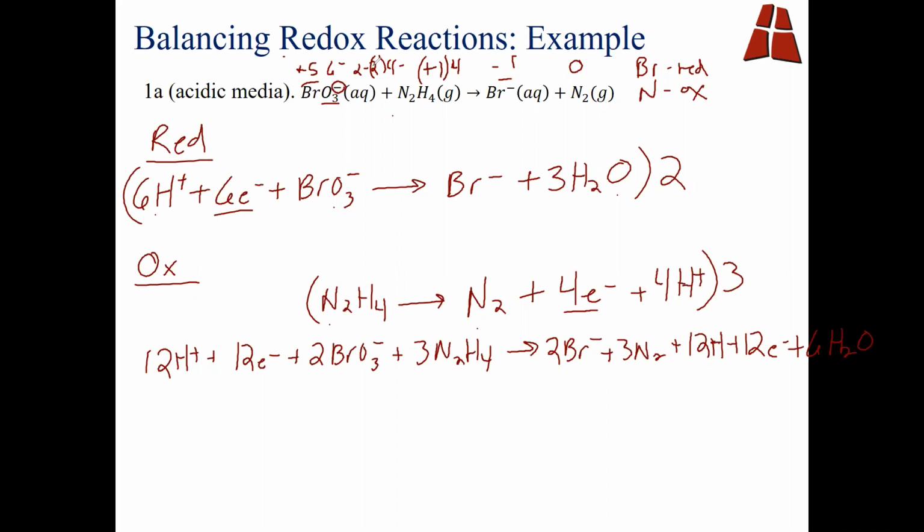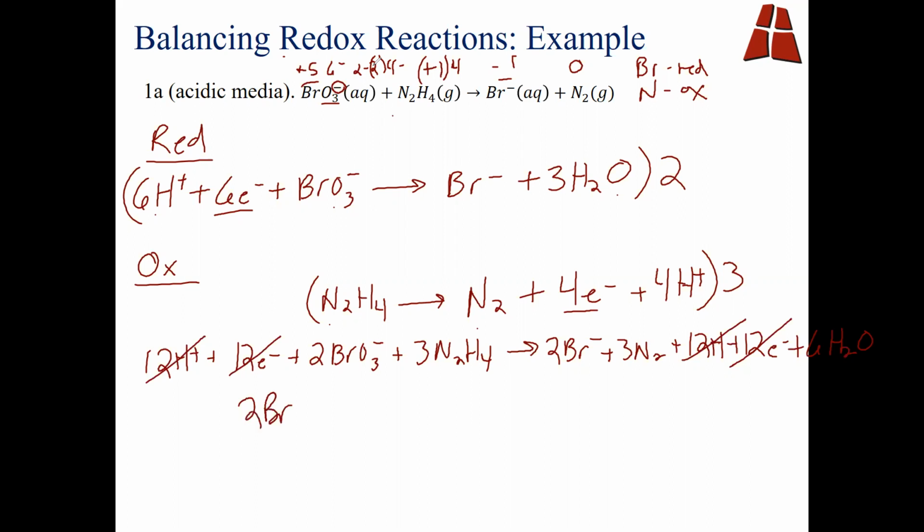Okay, and so we can cancel out like terms between our products and reactants. Our electrons should always cancel, so we can cross out our electrons. In this case, we actually cross out our protons as well. So we have 12 protons on each side, so we can cross those out as well. And so our final reaction should be